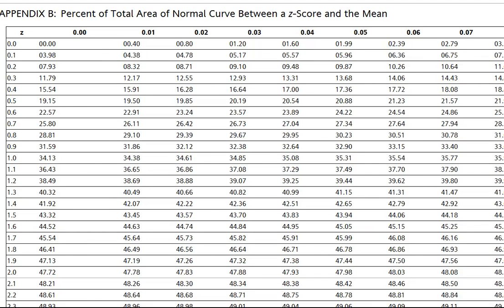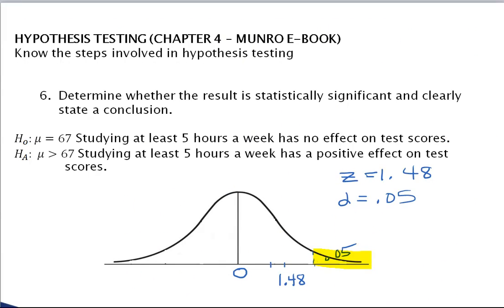So let's take a look at that. So this area here would be 43.06%. And this area is 0.05. Now, we also can look at, okay, what is this z-score going to be? That would be helpful, because then we can determine whether or not for sure this falls within the rejection region. So here, if this went out to 0.05, that would mean that 45%,